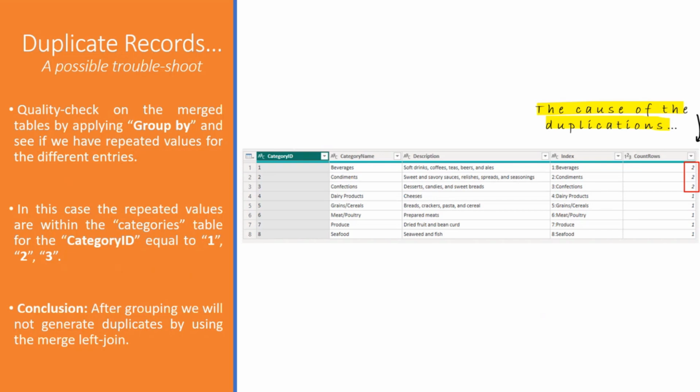On the top right corner, we can see that this category ID is doubled for these three category IDs 1, 2, and 3. So when we apply the left join for the sales, we apply the total number of sales twice for category IDs 1, 2, and 3. This creates a duplicate, and